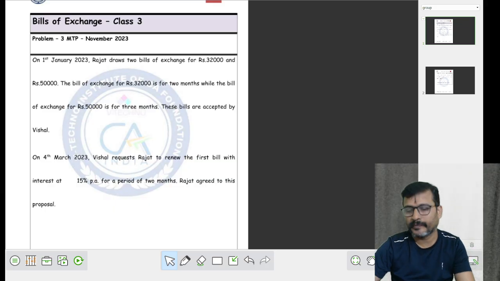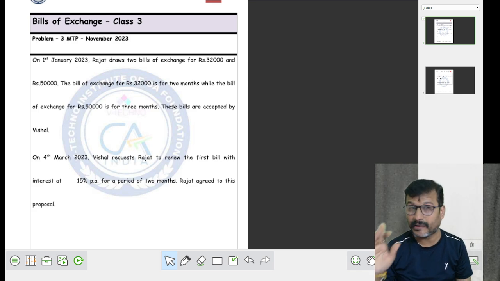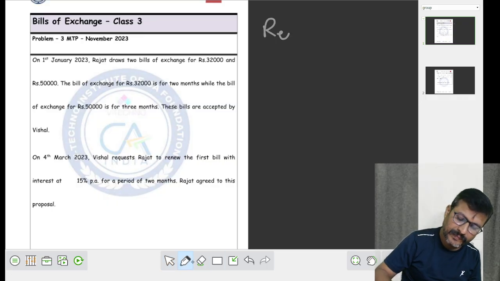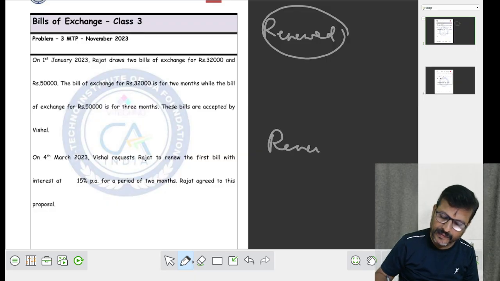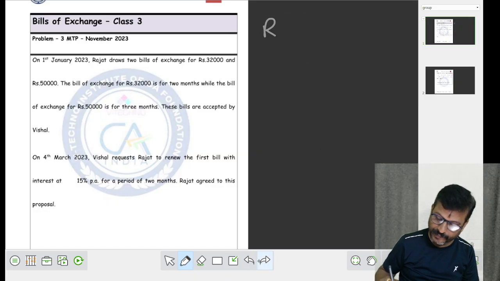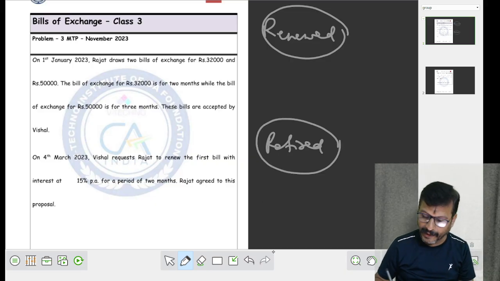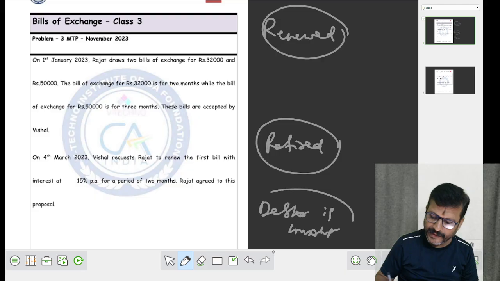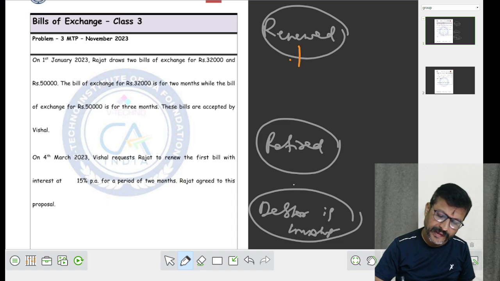Let me move on to class 3. Before starting the class, I tell you again three things. One, what happens when the bills are renewed? What happens when the bill is retired? What happens when the debtor is insolvent? Please remember, my dear students, when the bill is renewed, we have to cancel